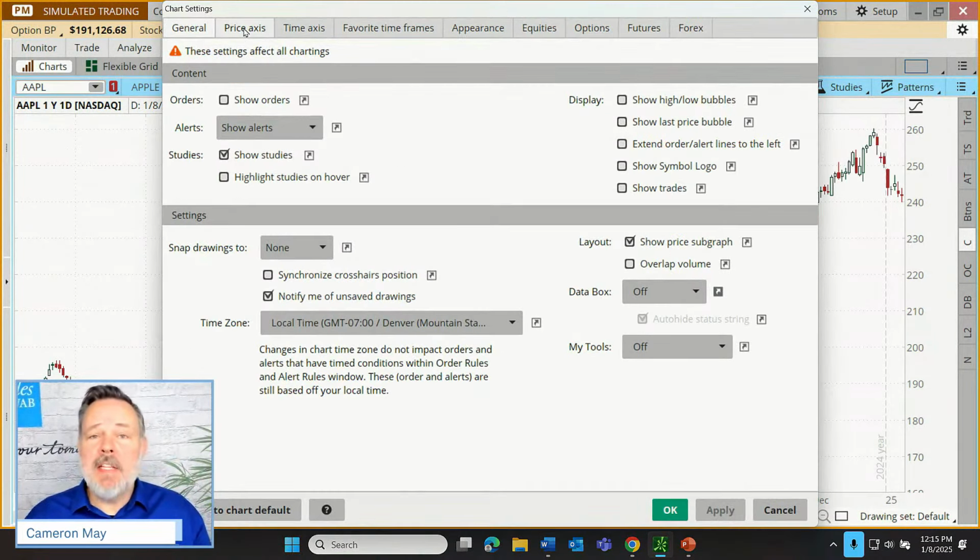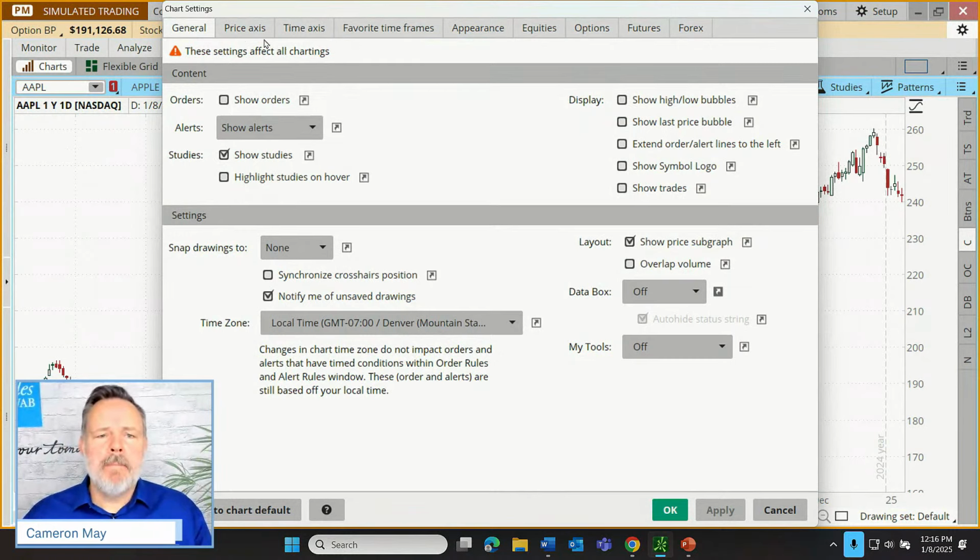And by the way, as I make each of these changes, if I add a study or change a setting, and then I close down Thinkorswim, you're probably thinking, so Cameron, wait a second, how do I save all that stuff that I just went to the trouble to set up? For most things on Thinkorswim, there's no need to click on save. It's just automatically saved. Thinkorswim comes back the way you left it, even as you close it out and log out. When you log in the next time, it pops back up on the same chart, with the same chart settings, and even the same studies applied.